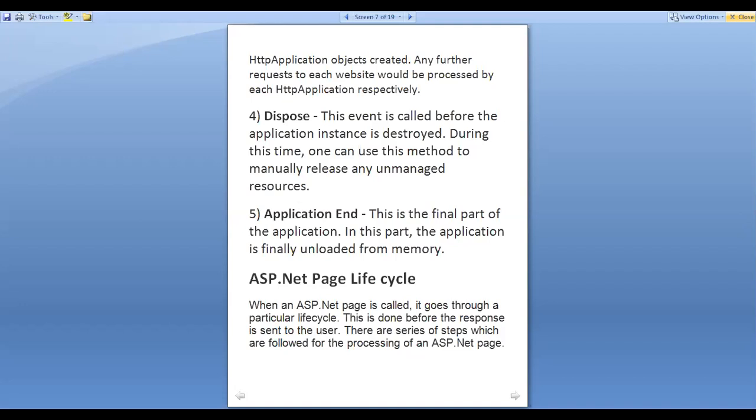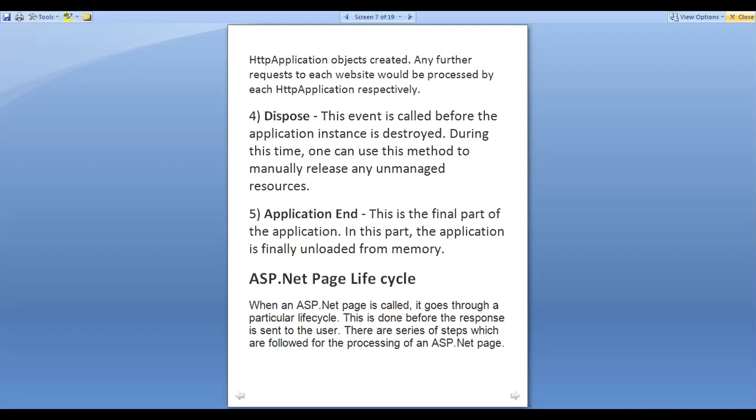After releasing these resources, after freeing them, the application is ready to end or close. That will happen in the last stage, application end, which is the final part of the application. In this part, the application is finally unloaded from memory.